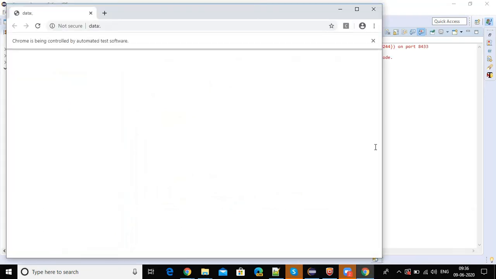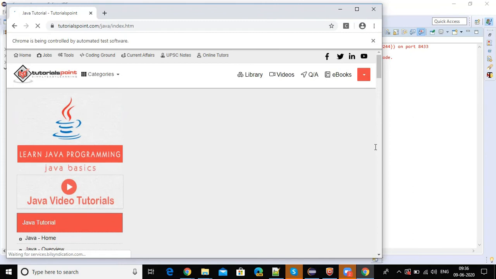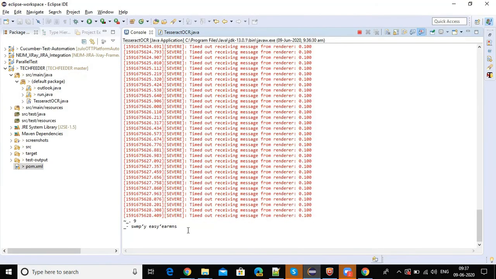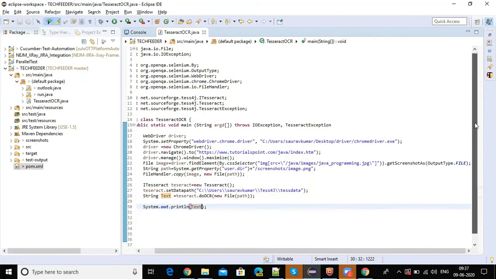Okay, our ChromeDriver session has been launched. The Java tutorials application site also has been launched. Now it will take the screenshot of a particular element that we have mentioned in our coding section. Now we will see. The image that we have taken is not a clear image, so that's why it is not able to parse the data.